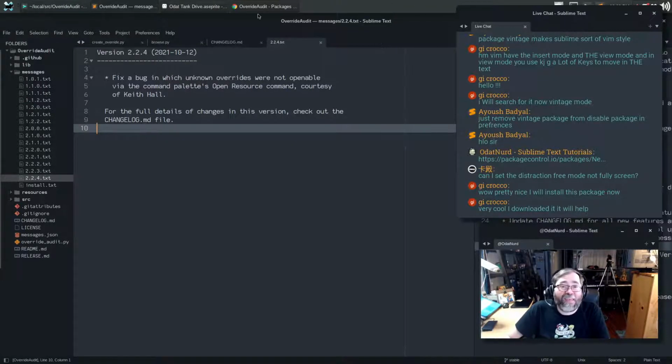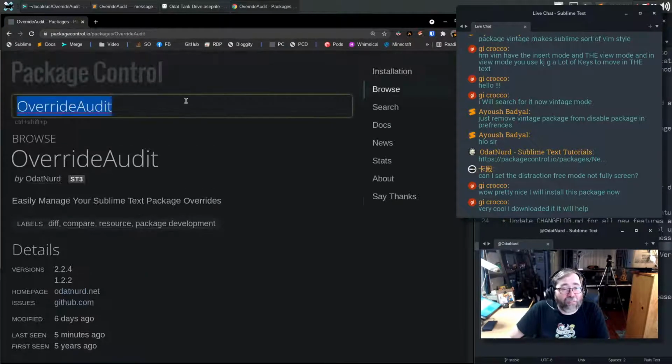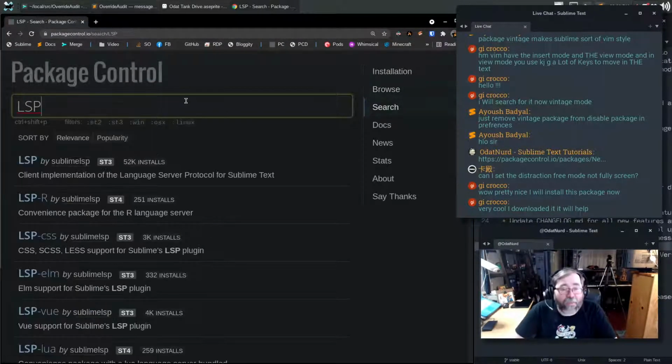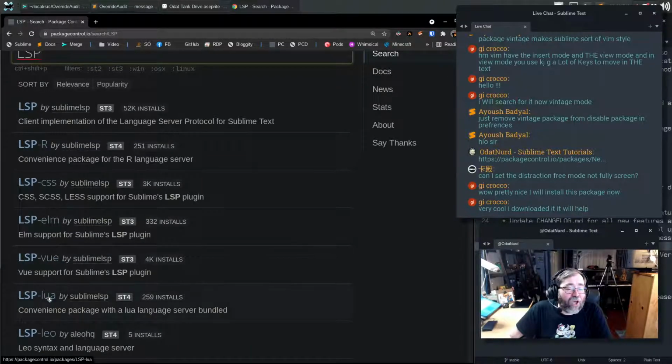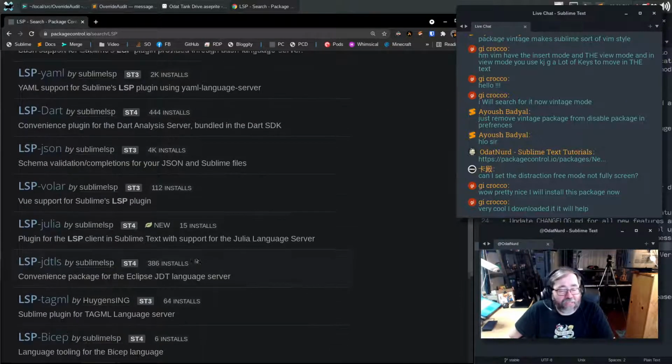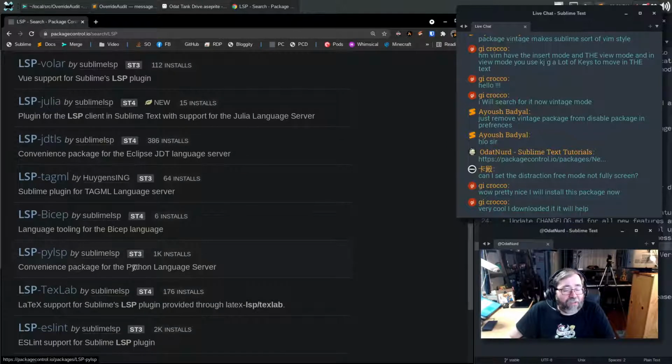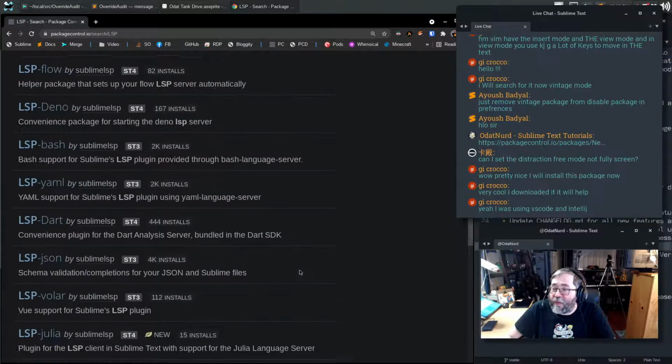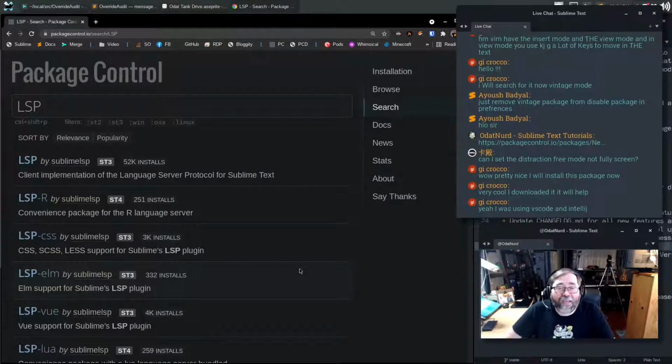For that, I would recommend the LSP package, which isn't something that I personally use. It is something that I will be creating videos on in the future. You install the LSP package, and then you need to install one of the helper packages for the language that you are using. So for example, if you're working with Python, there will be a convenience package for the Python language server. That might give you things like linting in the code to tell you when you've done something that is not correct, or showing you where symbols are defined, or signature pop-ups, method documentation,